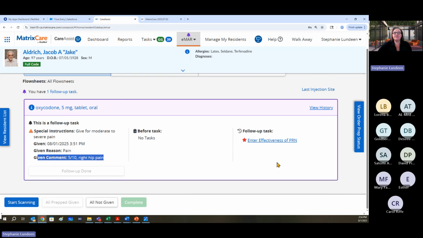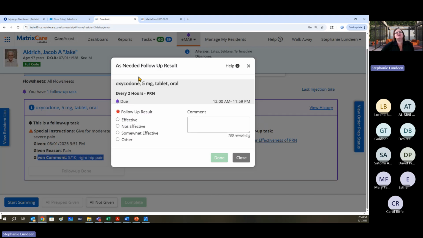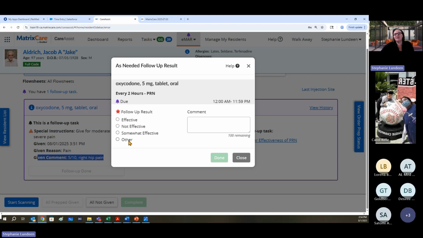And to enter the effectiveness, see how my complete is grayed out? I come to my red star over here on the right, where I'm going to enter the effectiveness of the PRN. Click on that, see my order, follow-up results: effective, not effective, somewhat effective, or other. If I do other, I must do my comment, okay? And I'm going to say that this one was effective, and I'm going to add my comment and say,